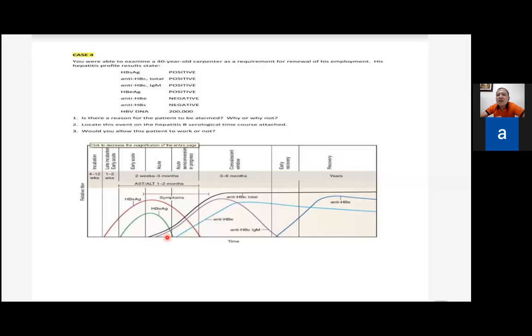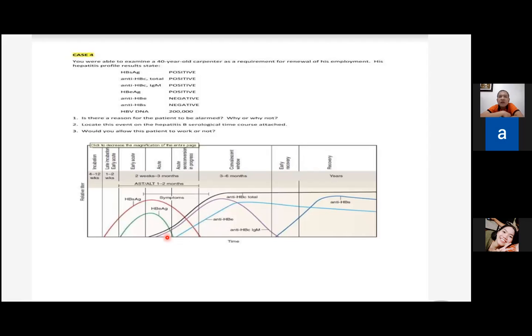No? Then what's the last one? Would you allow this patient to work or not? What's your answer? Yes, Jake? Doc. Yes, why? Since ang limitation sa kanang if positive kag Hep B, Doc, kay di ra ka mo allow ipa-work siya if nagtrabaho siya food chain. Okay, so if not really on food chain, it's more on healthcare, no? Okay, for food chain,